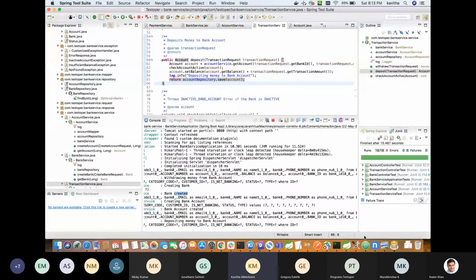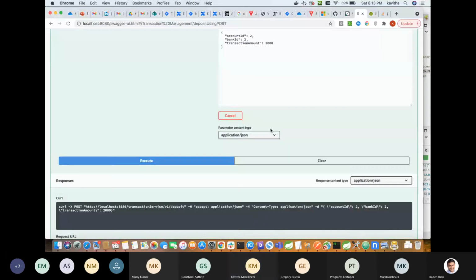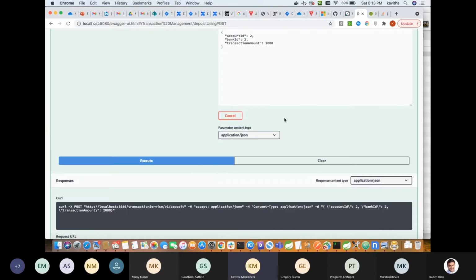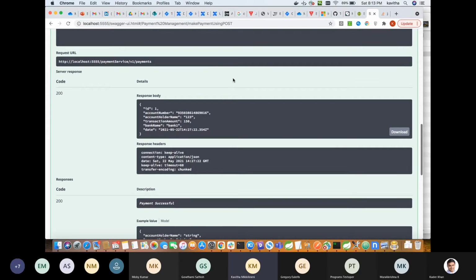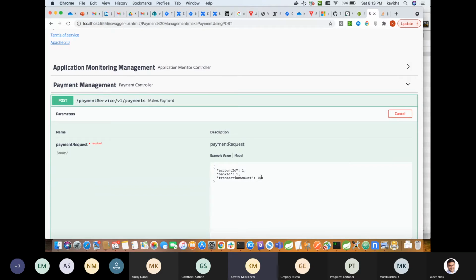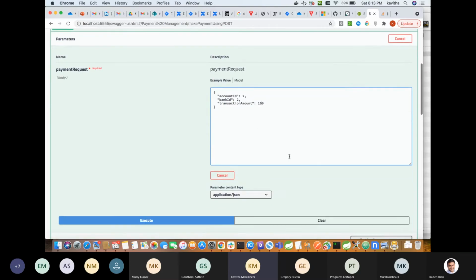Okay, so now I got balance into my bank 2 also. Now I am going to use the payment service, where I want to use my details from the bank to do some transaction. So this is the API exposed to do the transaction. So now I'm doing an operation here. I'm going to use 100 rupees here. So this is service 2 calling service 1, and internally it will do a withdrawal.